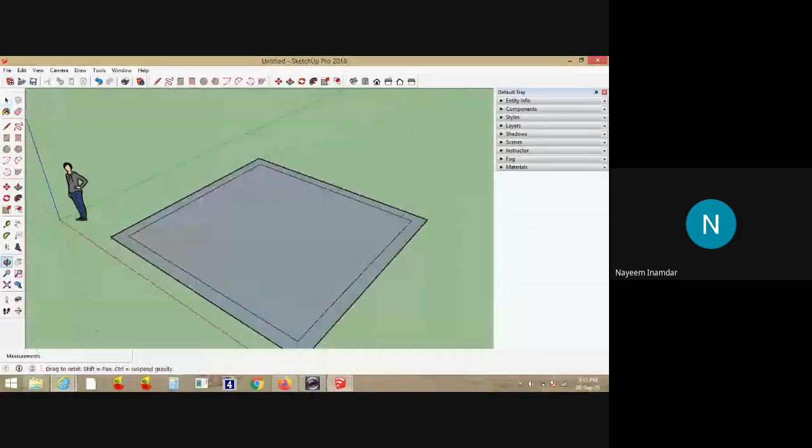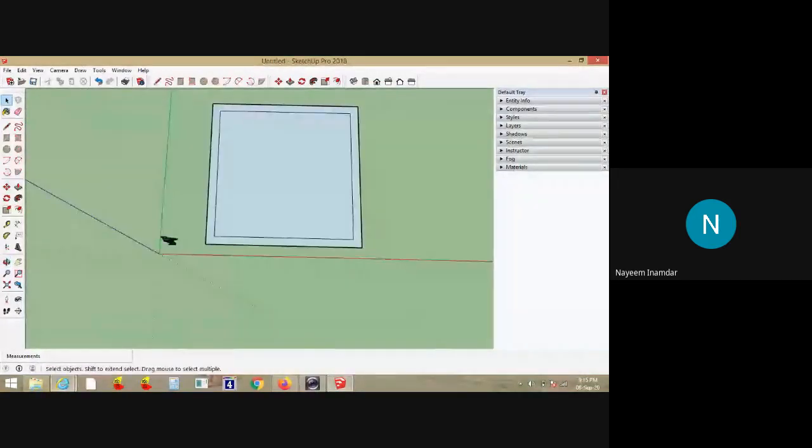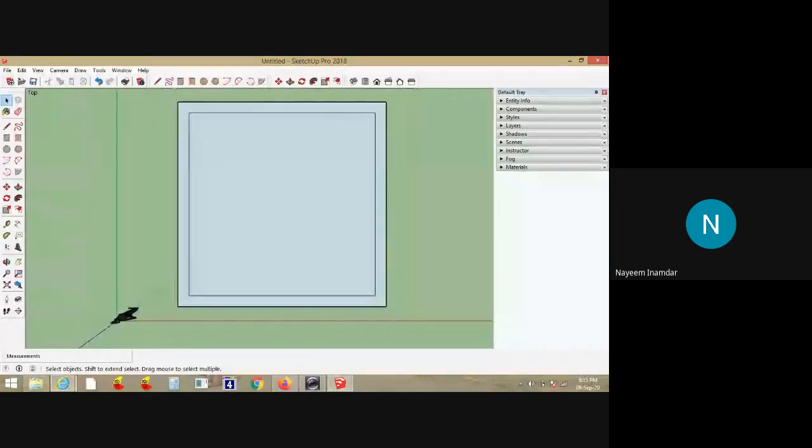Okay. Now the thing left with me is, so this has become the plan. So inside to inside, this is 5 meter by 5 meter, and outside wall thickness I have given in the plan. Just I'll click the top view here. Suppose I would like to have the entrance at this corner, lower right corner, just I'll draw a line. So this will be the wall. So from here, suppose the door opening has a width of 1.2 meter.